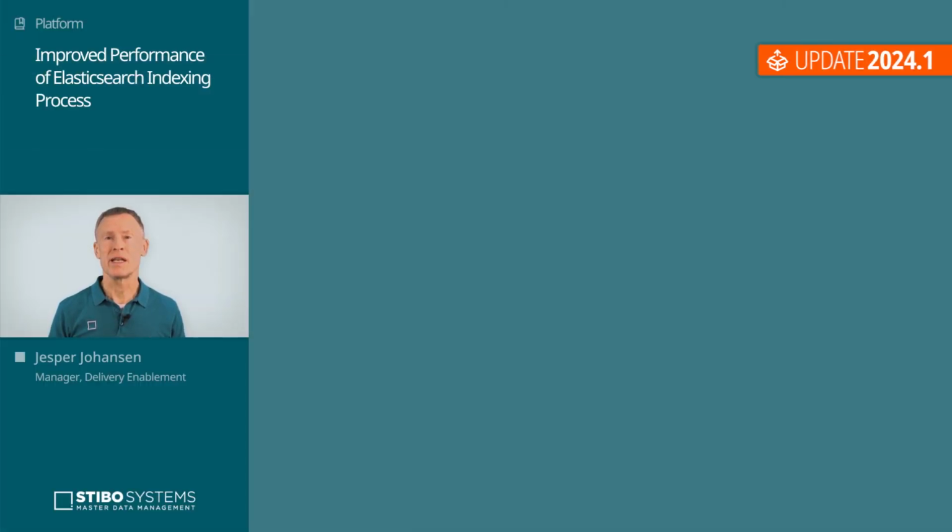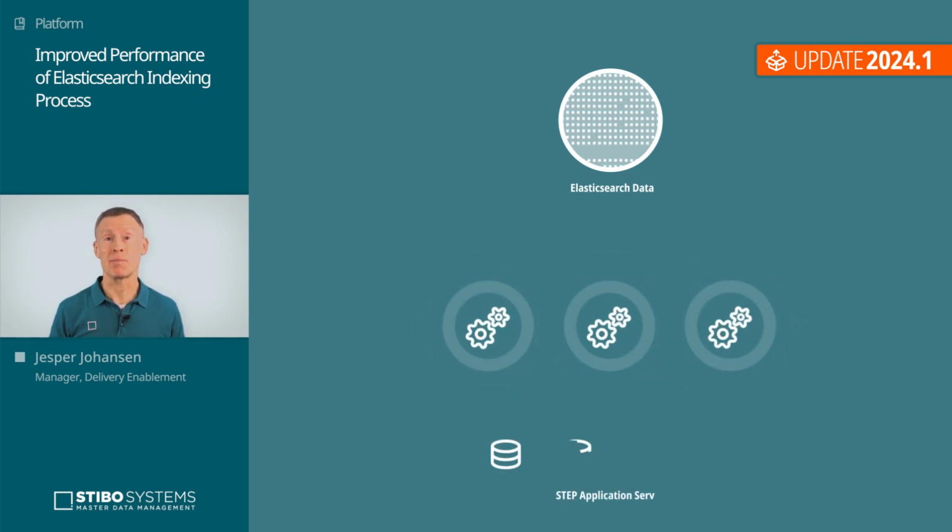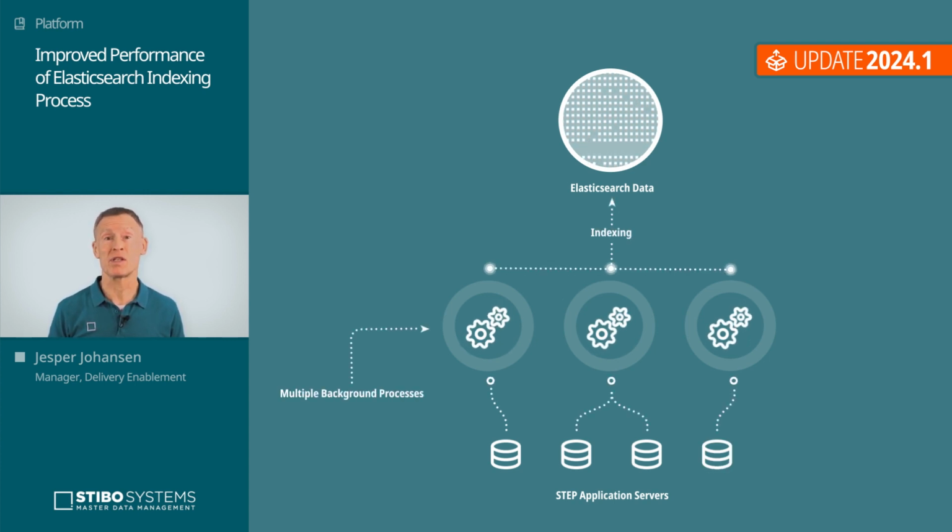To mitigate this latency, Stibo Systems has improved the Elasticsearch index process, which is now able to utilize more system resources within one or more STEP application servers by optimally running multiple background processes in parallel in accordance with the Elasticsearch server capacity. This increases the throughput of data significantly and makes it scale more dynamically to the available server